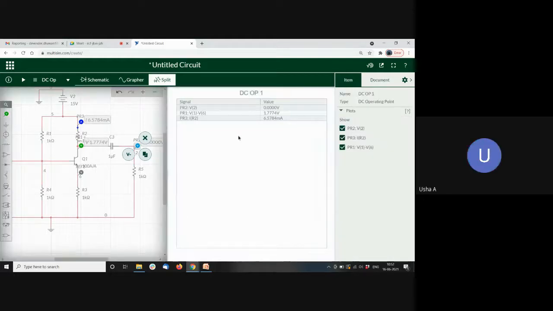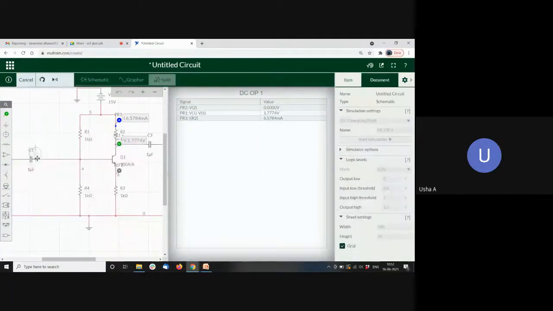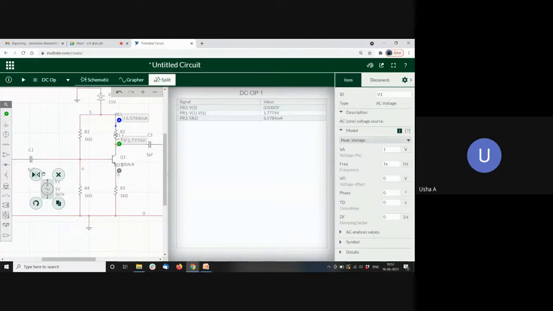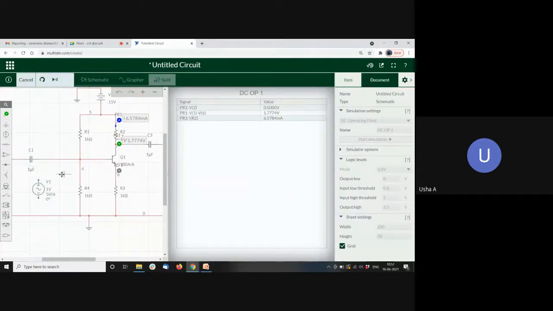So now can we insert that AC signal and do the same DC analysis? Maybe these voltage values, 1.77 and 6.5. Okay, one second, let me put the circuit here. Maybe that may give some analysis. Let me put it out now, the AC, the 2 points which we are speaking of in our theory.